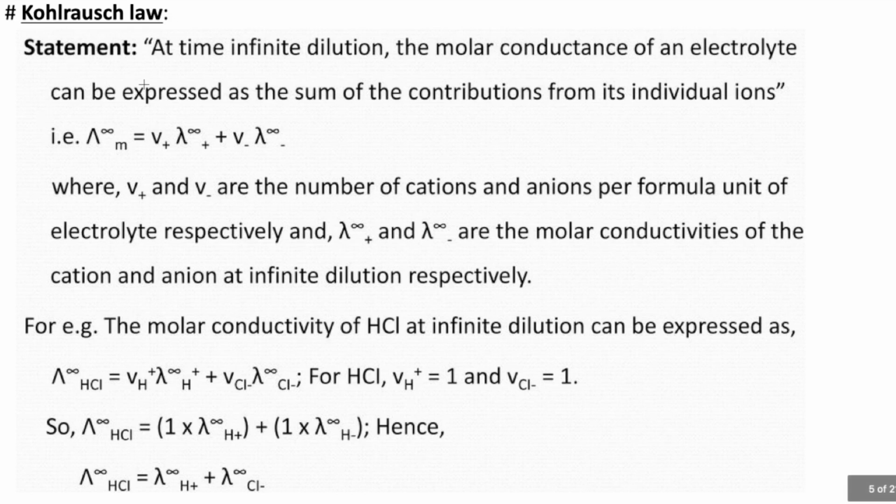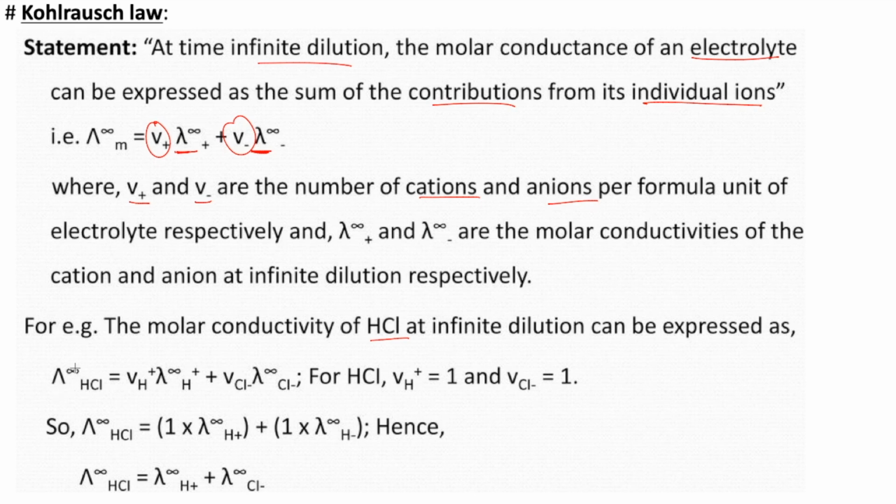The statement for the Kohlrausch law says that at the time of infinite dilution, the molar conductance of an electrolyte can be expressed as the sum of contributions from its individual ions, or you can say that the molar conductance at infinite dilution is equal to the sum of molar conductance of the respective ions, right? V plus and V minus over here denote the number of cations and anions per formula unit of the electrolyte. If you want to take it as an example, then the molar conductivity of HCl at infinite dilution can be represented as